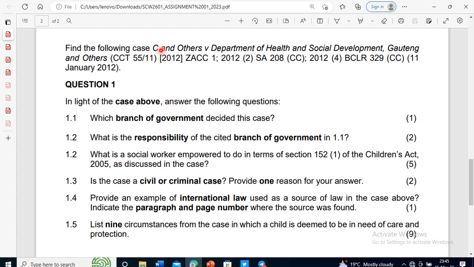The court a quo is the court of first instance, which explains in which court this case was heard first, and how many courts this case passed through. Maybe it started from the High Court, went to the Supreme Court, until the Constitutional Court, and it's going to explain the arguments which took place in those courts. Then you understand, oh, these people are fighting for this. If they first went to the High Court and appealed, that's how you're going to get the story.